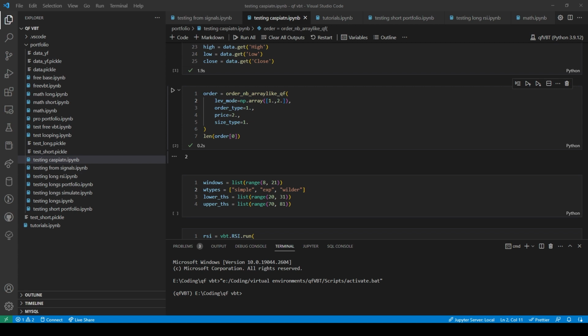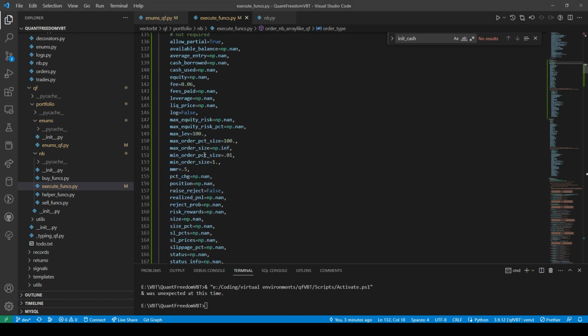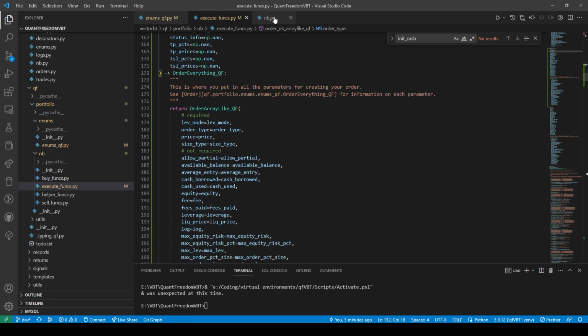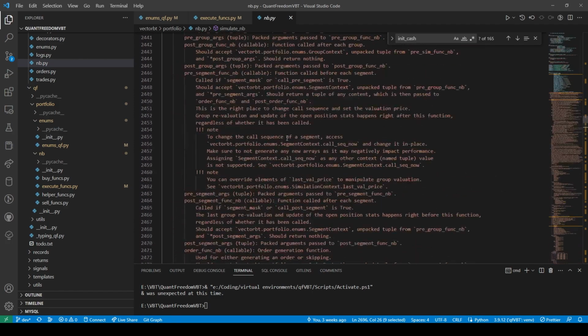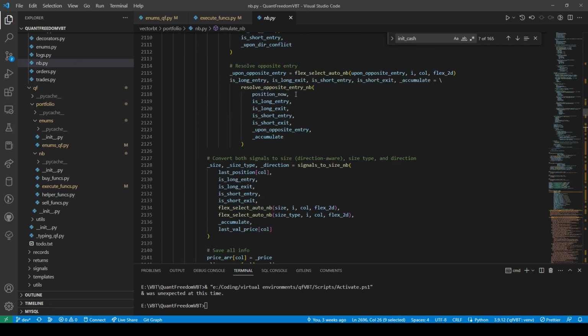And so I'm not exactly sure what to do here, because I want this to be an array, but it seems like you can literally put anything that you want here. And then order array_like, it doesn't seem to do anything. But over here, it's asking for these things to be an array.